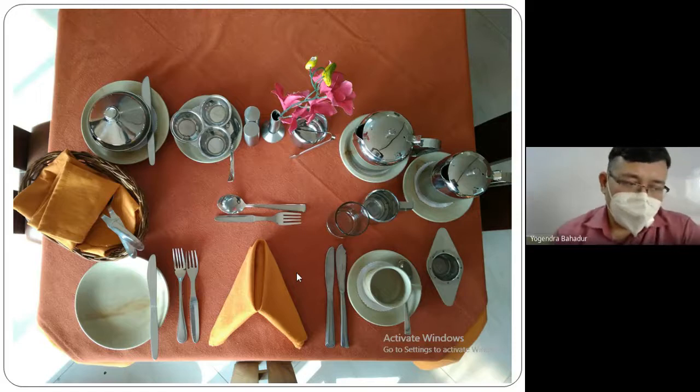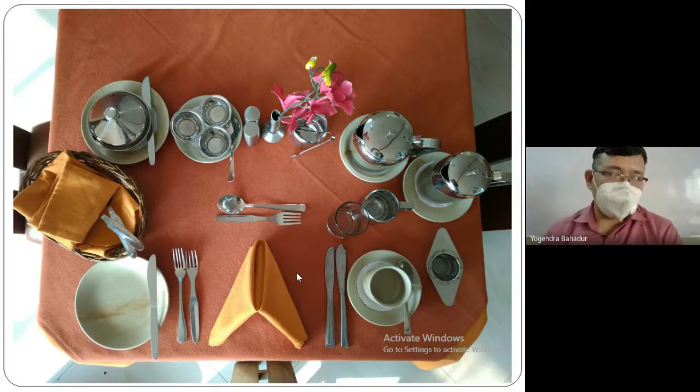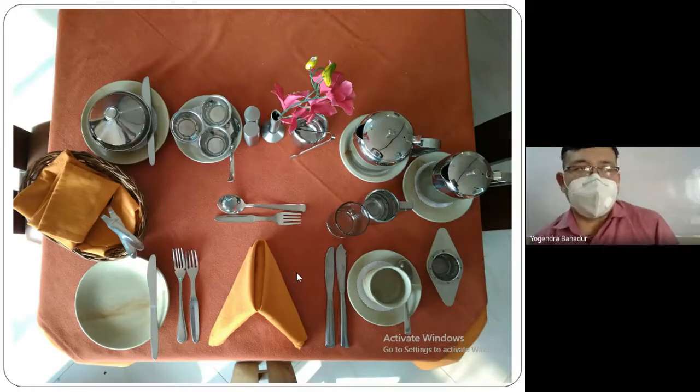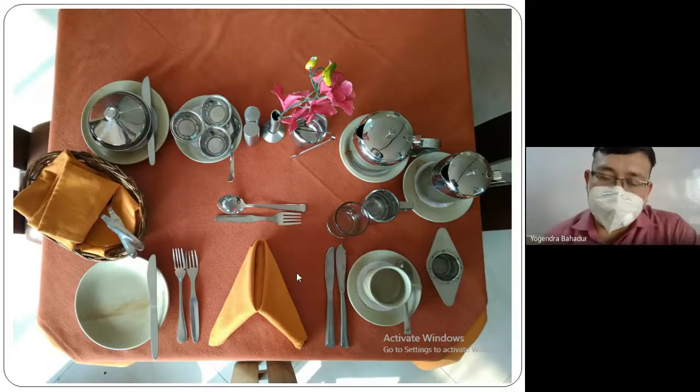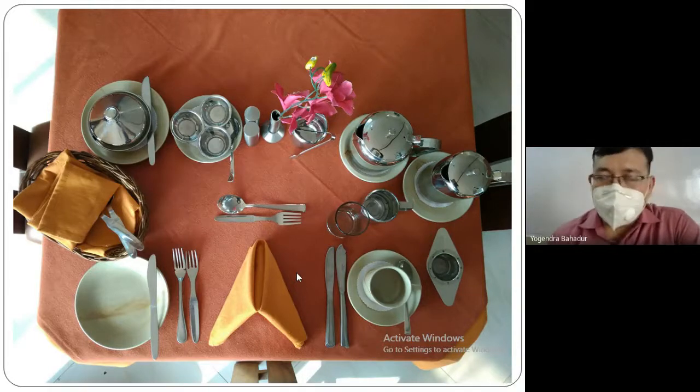After that, fruit juices will be there, different types of cut fruits will be there, cereals will be there, and eggs will be there. Cereals and eggs are a very important part of the American breakfast. And there is one more thing that I am going to tell you just now. Along with that, breakfast rolls will be there and beverage will be there. So again repeating, right from the beginning,